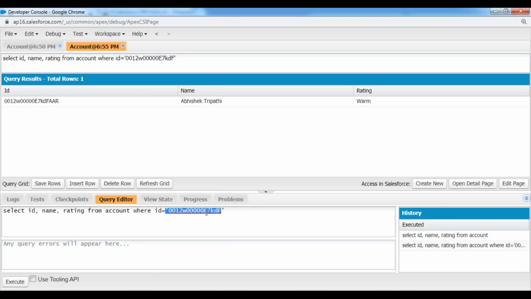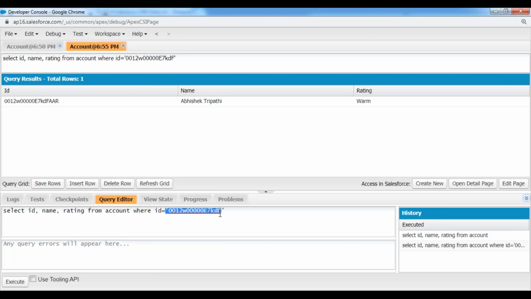But in this case, the 15 character ID can be used only if you are querying the data from within Salesforce applications. If a hacker tries to query your data from a third-party application, like a Java application, they compulsorily need the 18 character ID. Within your Salesforce account, only the 15 character ID is supported.